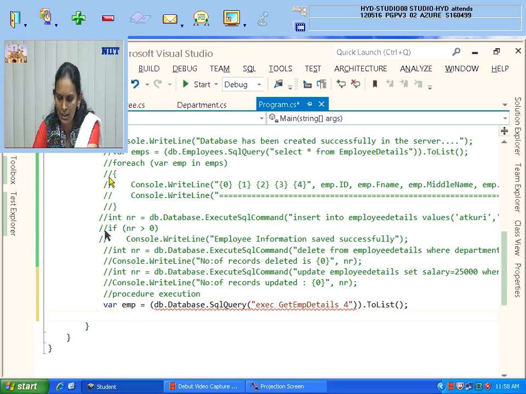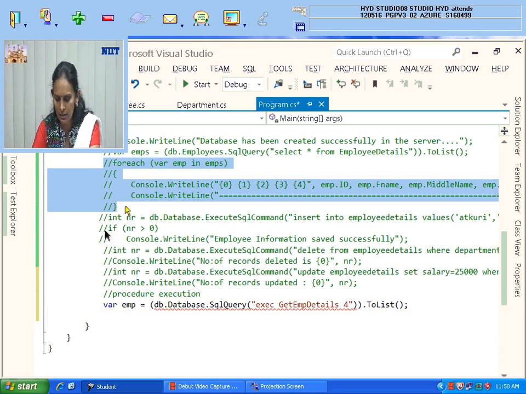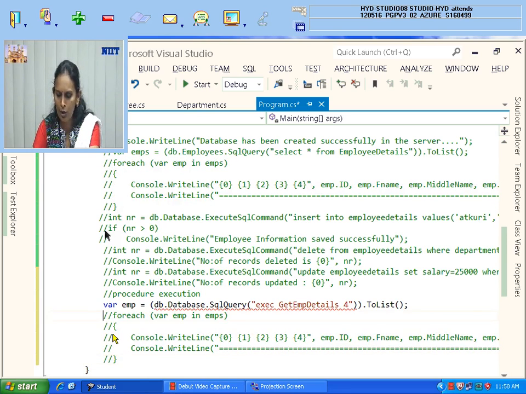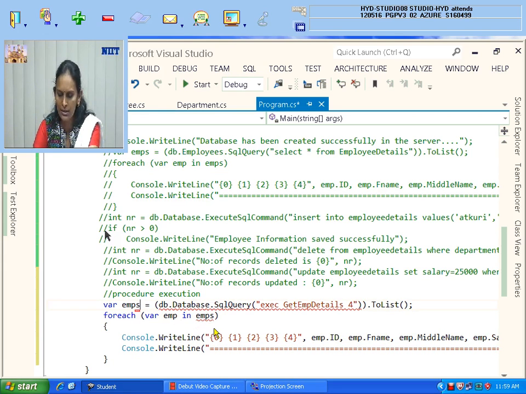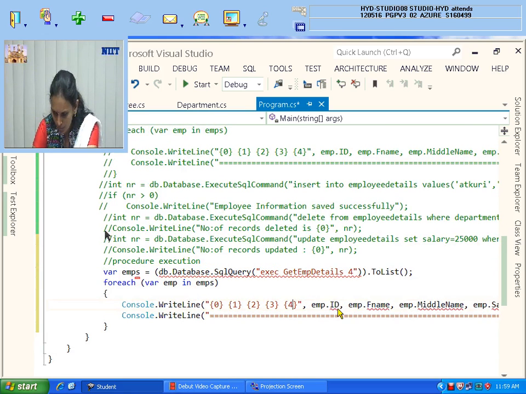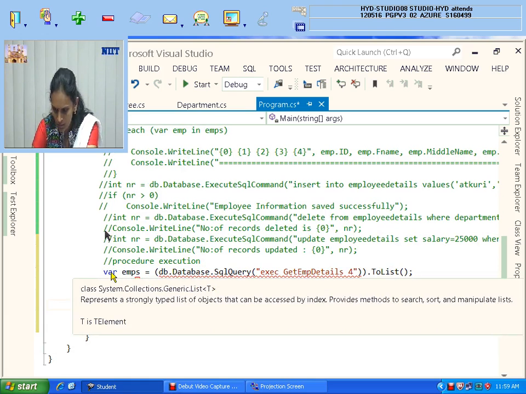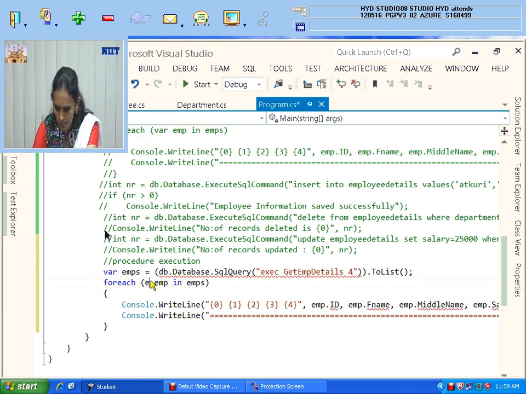Now use the foreach loop as usual. See, why should I write it again? That's why I am copying and pasting this and I'll uncomment these lines. This is the emps usage, so emp in emps. So I have to retrieve. What is the problem? Why is it giving this?